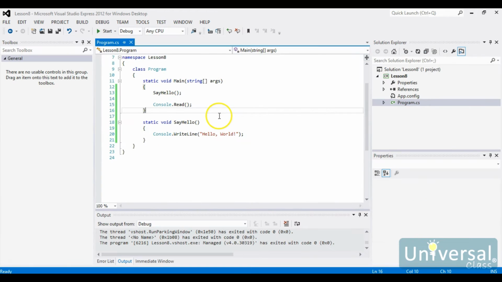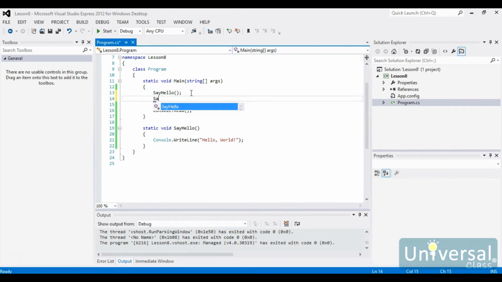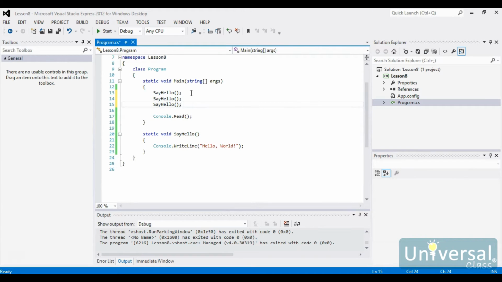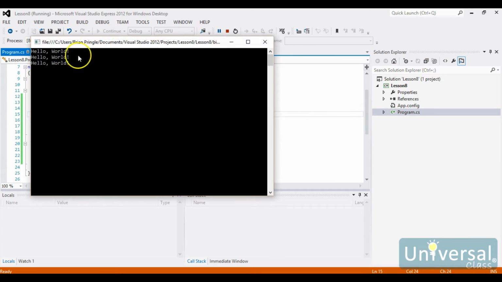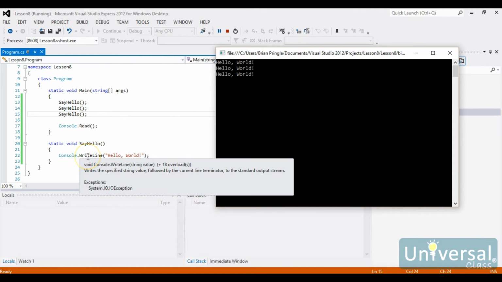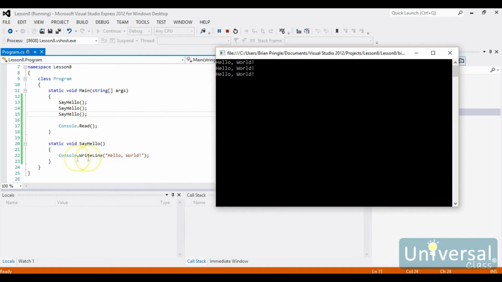Alright, so if I want to change this a little bit, I can call SayHello a couple of times. Now what it will do is it'll say hello 3 times. So what it did is it went into the main method, it went to SayHello, jumped down here to SayHello, and does the code, which prints out hello world. This gets done, and it goes right back to where it left off. Then it processes the next line, jumps down here, processes the code, goes right back to where it left off, does the next one, jumps down here, does the code, and then goes right back to where it left off,